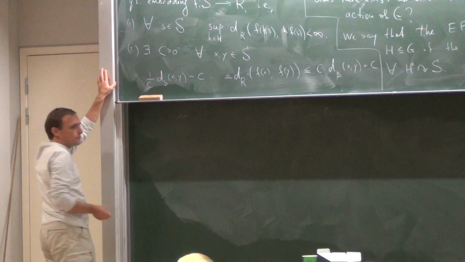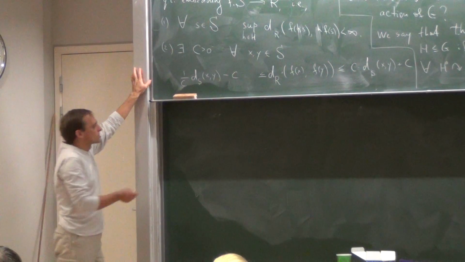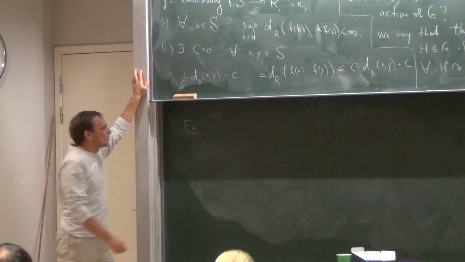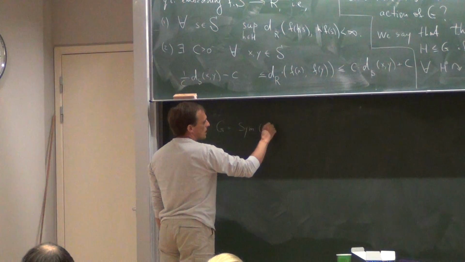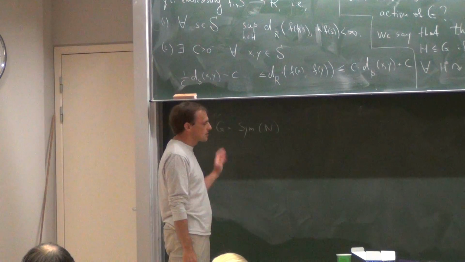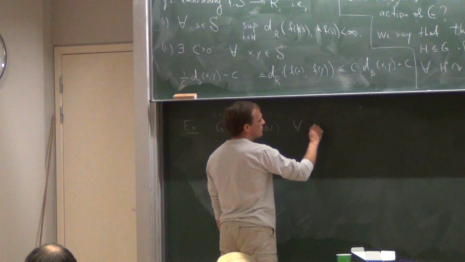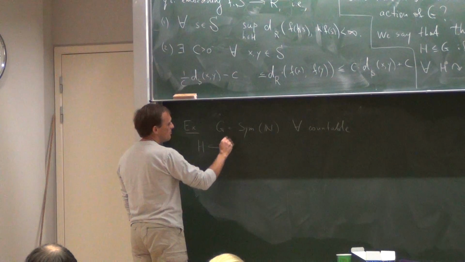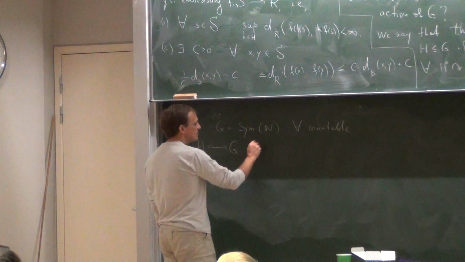So, first of all, why is this extension problem not always solvable? Here is another extreme example. Let's take G to be the symmetric group on natural numbers. That's the full symmetric group, which includes all permutations, not necessarily with finite support, so it's an uncountable group. Then every countable group embeds into G, that's okay. But